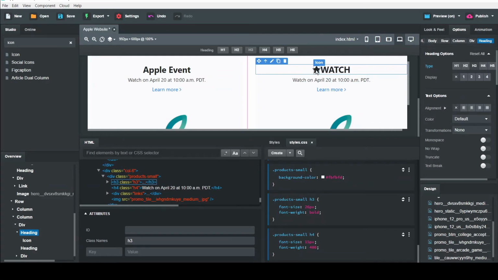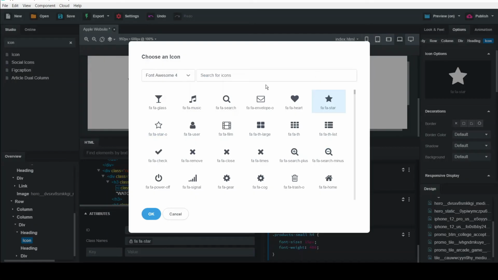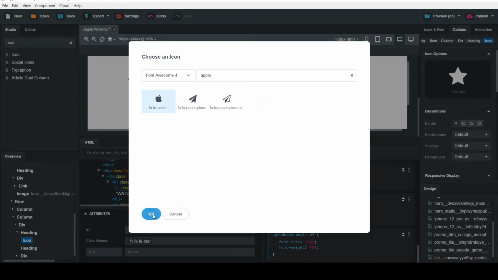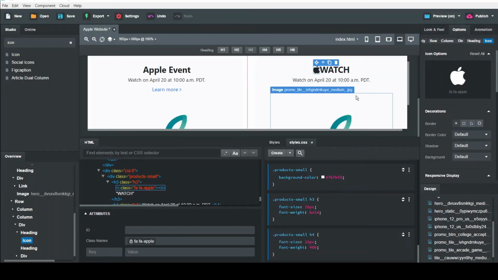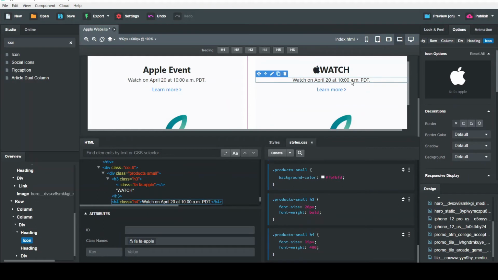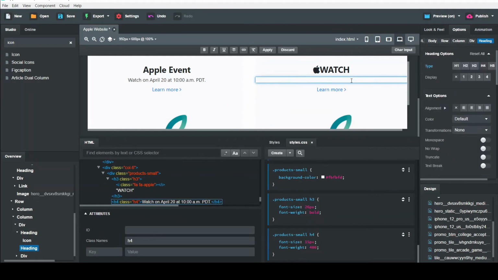Double click to change it. We're giving this writing similar to the original website.